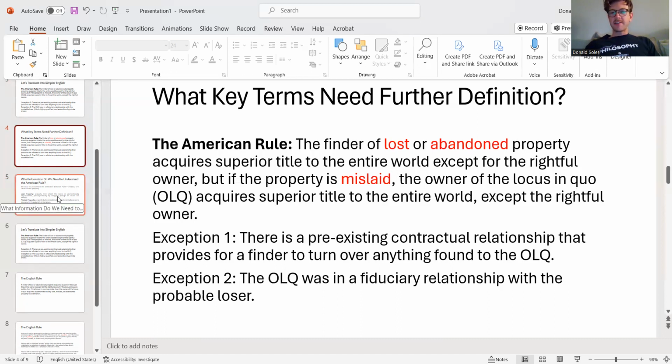Now, there are some policy considerations given for why the American law has become what it is. I'm not going to pretend to you that they're the best in the world, but a lot of people will often say that the American law is this way because somebody that intentionally puts the thing where it's found is more likely to remember where they left it than somebody who has been unintentionally dispossessed of their property in a manner they knew not how or when. One who intentionally puts their item where left might more likely remember where they put that thing. And so the law favors keeping possession of that thing with the owner of the locus in quo. And so it makes sense why the owner of the locus in quo would prevail over a finder.